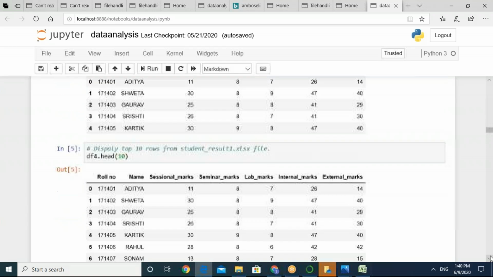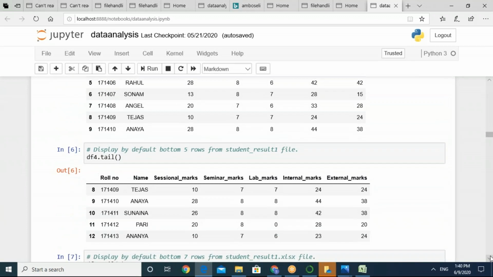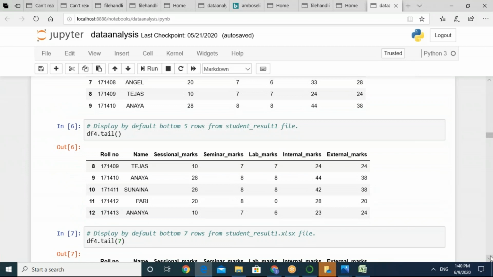I have run that also. Tail, and tail 7. So I'm giving you 5 minutes. You people just run these commands. Read an Excel file and then try to extract the top 5 records, bottom 5 records.